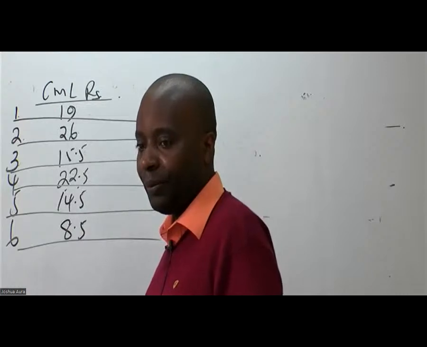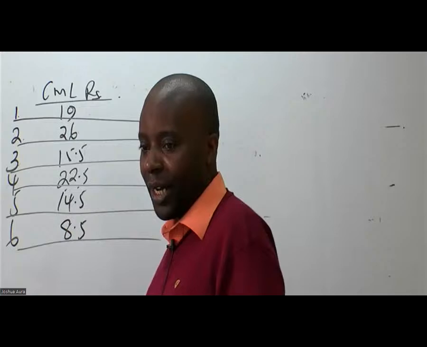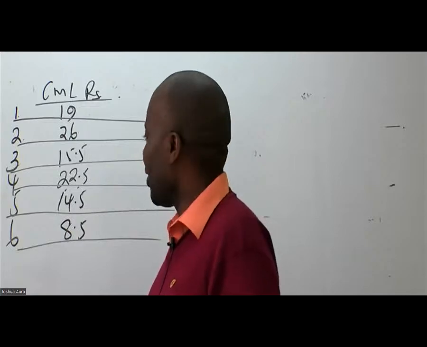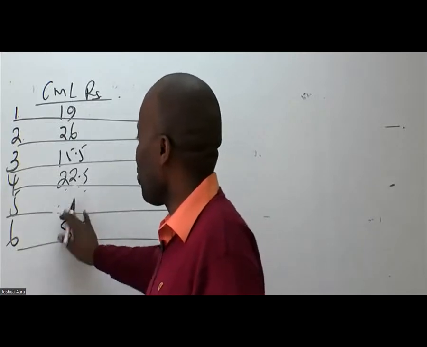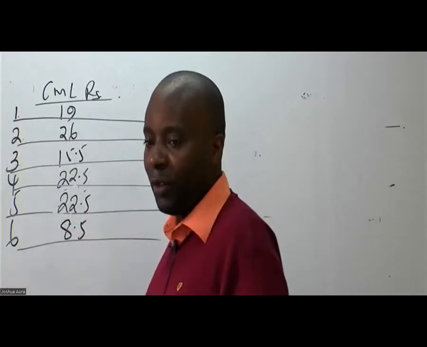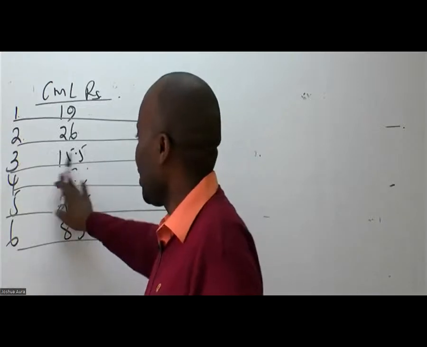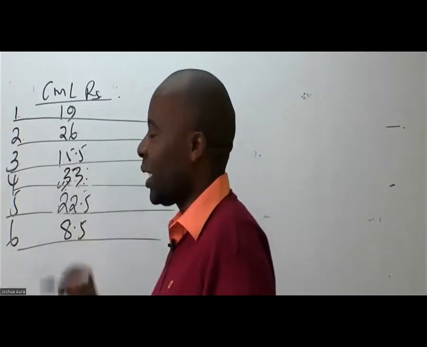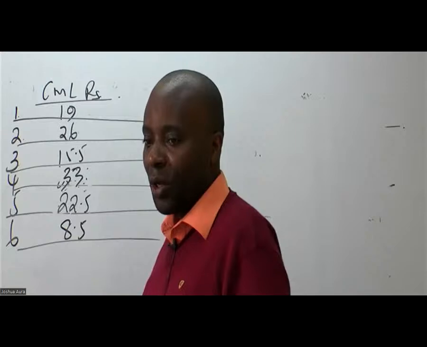The fourth. Not fourth, but fifth. So fifth is the one I'm being told is 22.5. I don't know. How about the fourth? The fourth is 33. Great. The fourth is 33. Great. Now, ladies and gentlemen, from there,